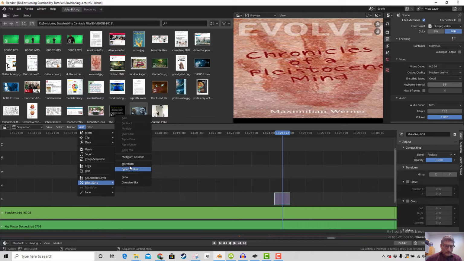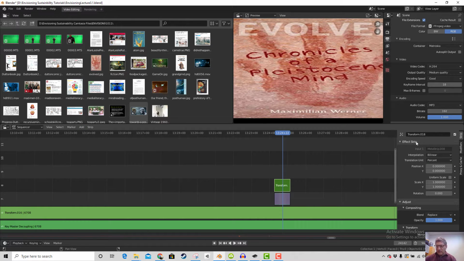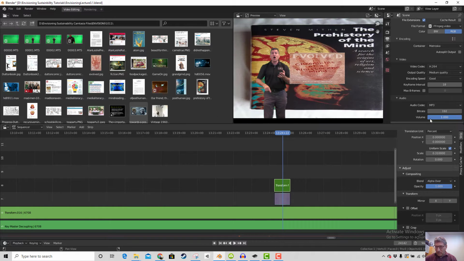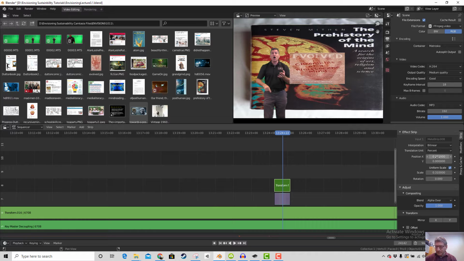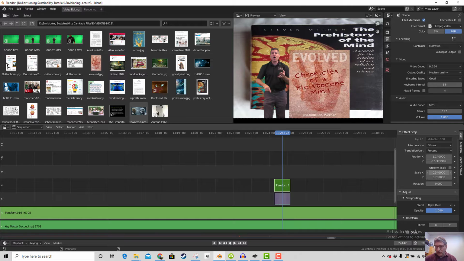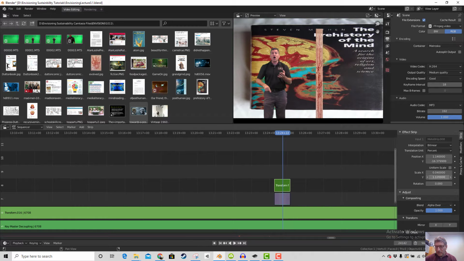which is here. And I'm going to call this transform for meta strip. And here then change my scaling as we've done. Change my thing to alpha over, and then I can move this up and down. And that doesn't look like a book because I did uniform scaling. So it was better when it was book shaped, but